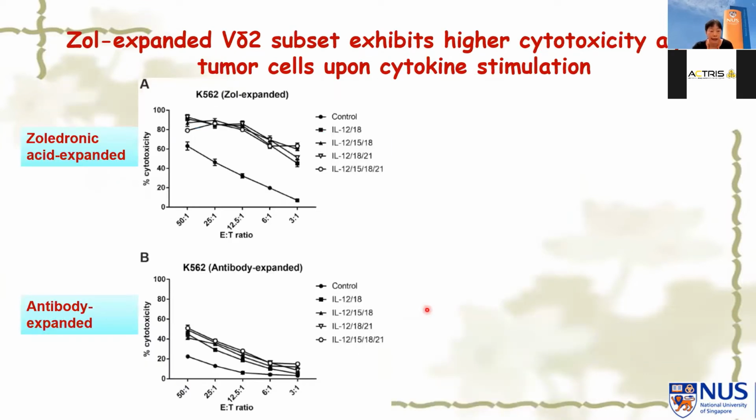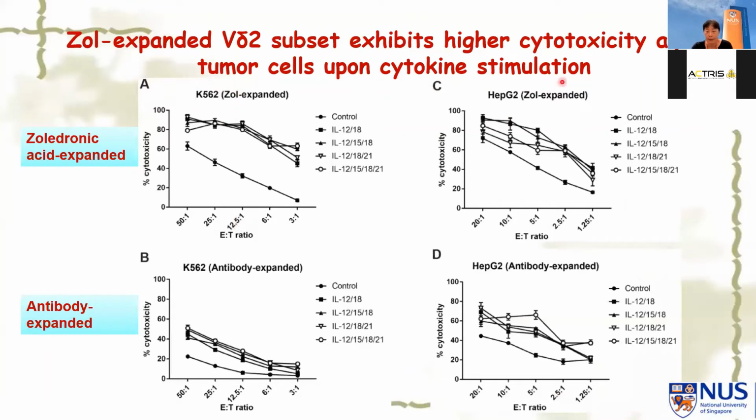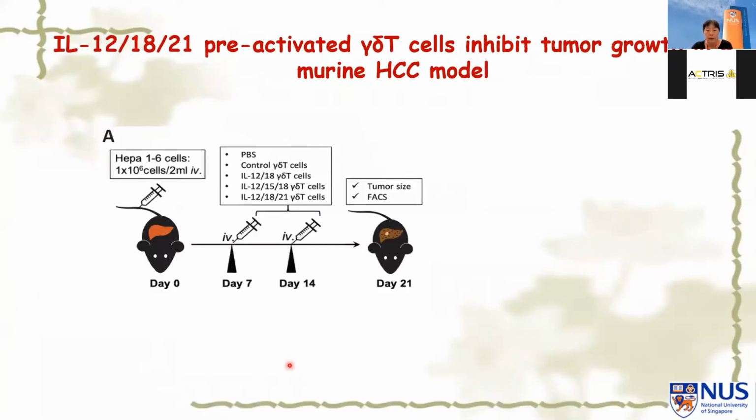So for killing, all combinations increased killing capacity compared to the control. But you compare, this is the KPAT62, a liver cancer cell line. Although they all increased significantly, you can tell the zoledronic acid expanded population had the higher killing capability compared to the antibody expanded cells. Okay. All right, then we try to test it in vivo using our liver cancer mouse model, which is orthotopic